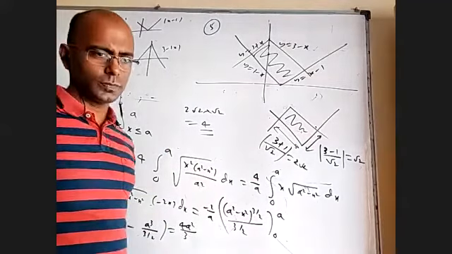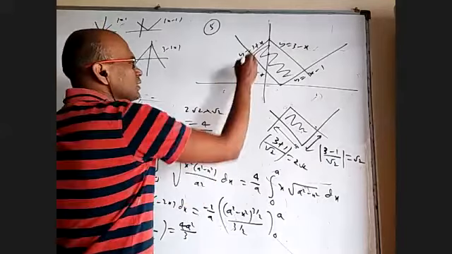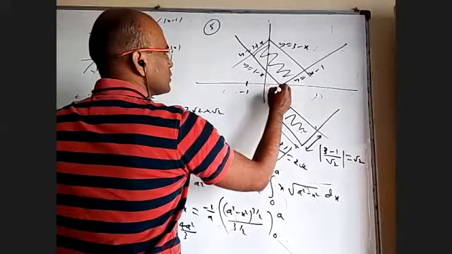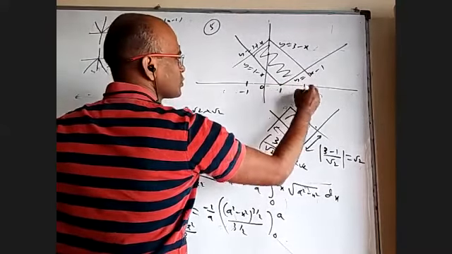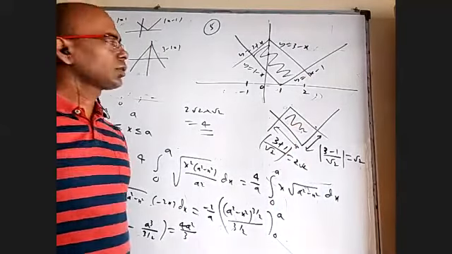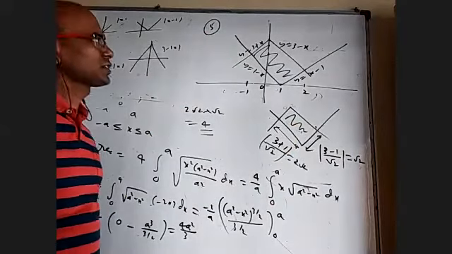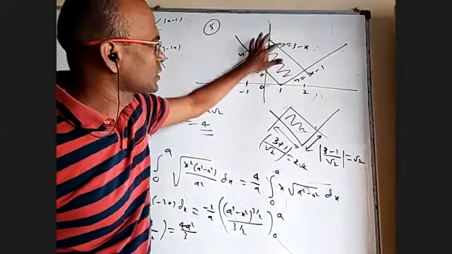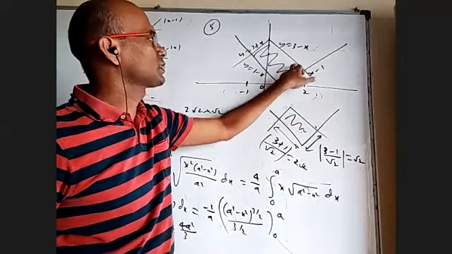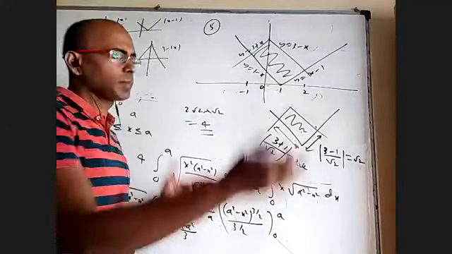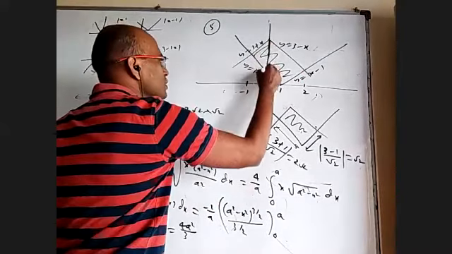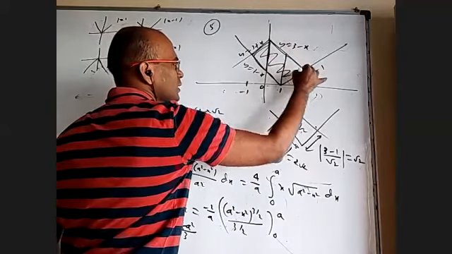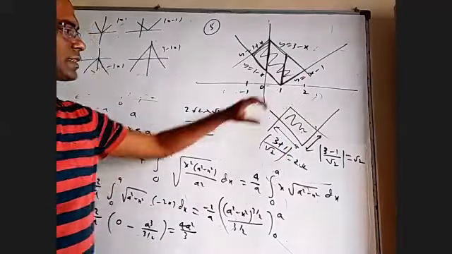I'm doing it without integration. If I wanted to do it with integration, I would have to know the points of intersection. Maybe it is minus 1. This is 0, this is 1, and this is 2. So what is the upper curve, what is the lower curve, things are changing. Between minus 1 to 0, this is upper, this is lower. Between 0 to 1, this is upper, this is lower. Between 1 to 2, this is upper and this is lower. You have to take 3 parts and do it. You have to find this triangle separately, this piece separately, and then this piece separately. Without all that, if you understand the rectangle, it is easier.